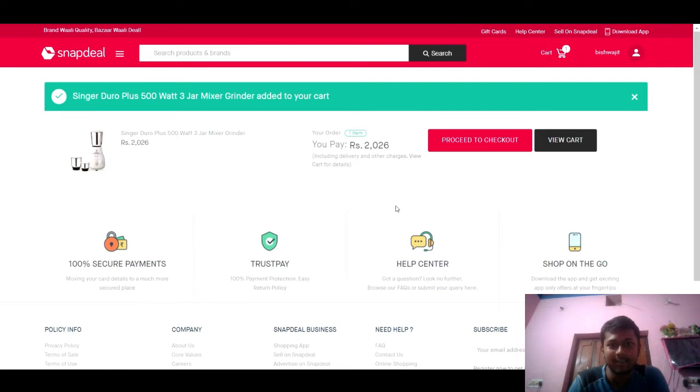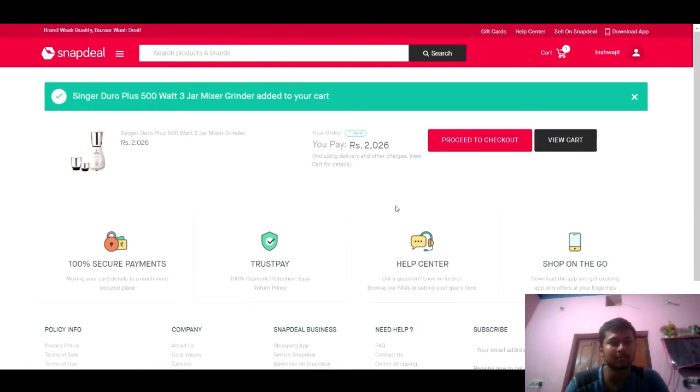So this is where your first task completes. The next task is to see whether there is any suggestion or not in the cart itself. It might show you items based on the item you have selected.